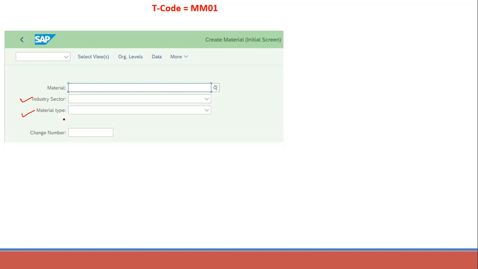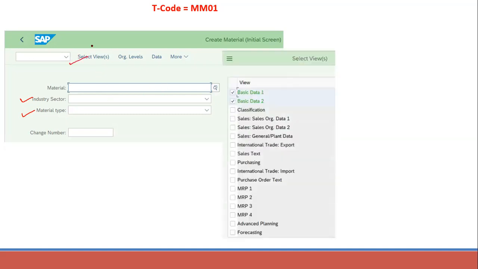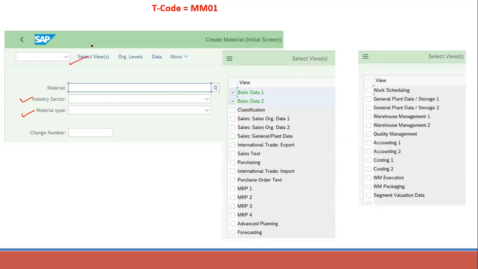Now we will see the different views. Once we enter the material, industry sector and material type, click on select view. We will get these different views in material management. MRP, material requirement planning, forecasting, and work scheduling: all this information we need in production planning. For sales order processing, the sales organization data one and two are required in sales and distribution.